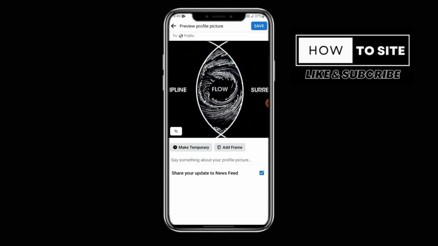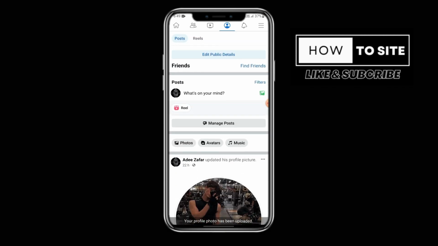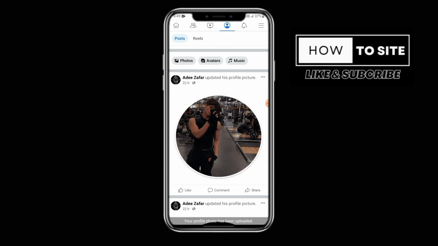Then disable share your updates to newsfeed. After that, simply click on save. And you will see that you successfully change your profile picture without notifying others, and there is no photo shown